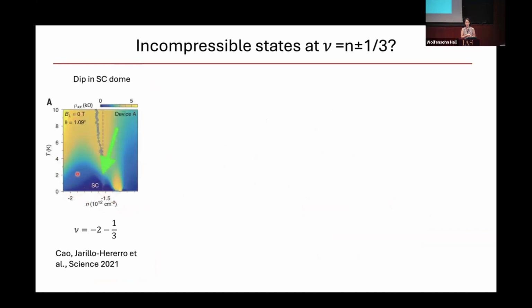But something you can notice here is that there is a dip in the superconducting dome right here. Right after I saw this slide at a Zoom talk, this was published in '21, the Zoom talk was earlier during COVID lockdowns,